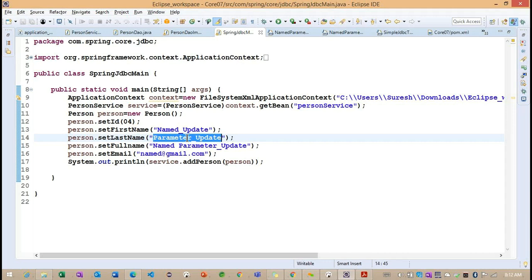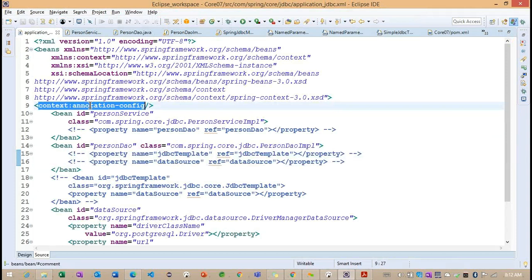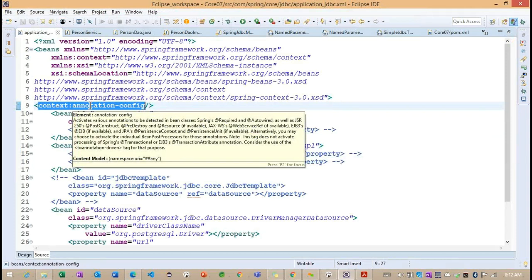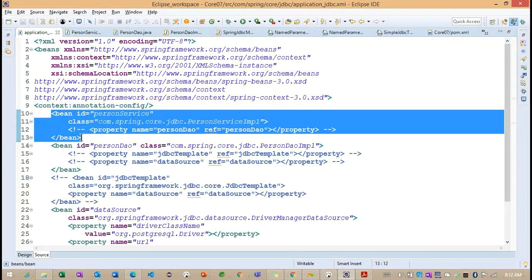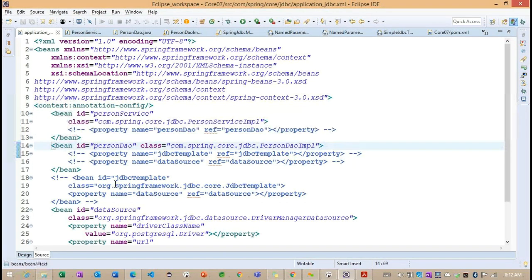Getting the point. So this is all about the AutoWire annotation here. Whenever we work with only the AutoWire annotation, first we need to add this particular annotation config here, because we are running our application with the help of the AutoWire annotation, and the remaining is only bean-related information. There are no dependency-related properties here. Okay, so this is all about AutoWire with XML configuration. Any questions regarding the presentation?